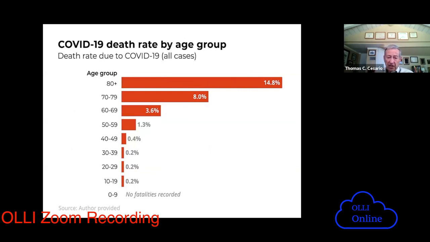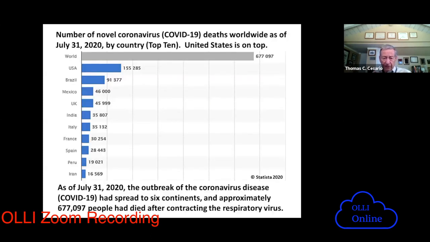And what you can see, and this is an older slide, we now know that we've had people even less than 9 years old who have died from this. But the greatest risk is as you get older. Once you start to get past 39, 40, then the mortality rate starts going up every year. And it's not like these bars. If you're infected at 40, you have one mortality rate. 41, it's going to be a little worse. 42, it's a little worse. So it keeps on going up like that. Next slide.